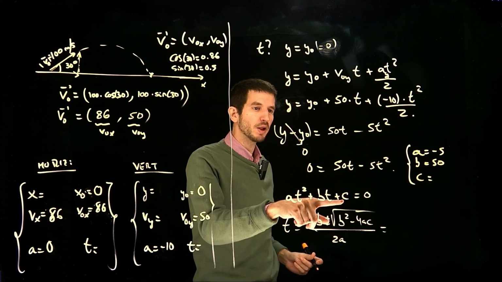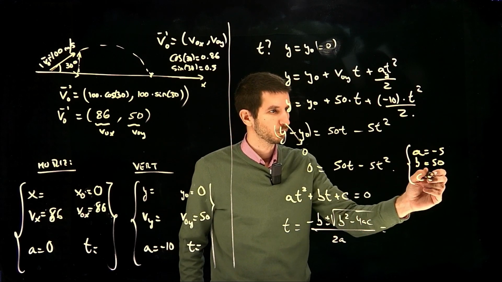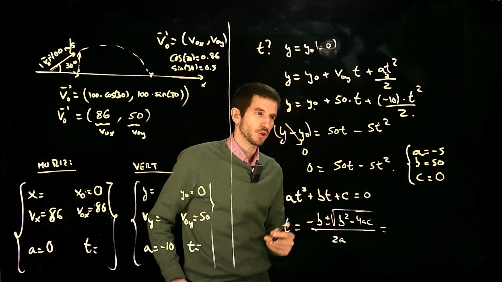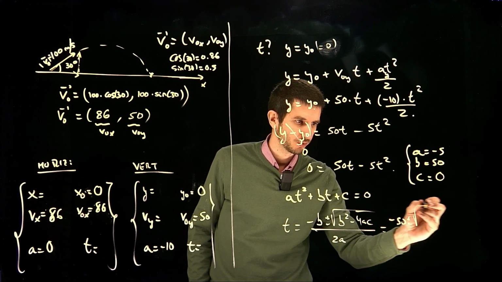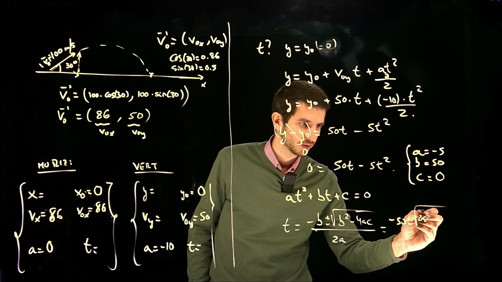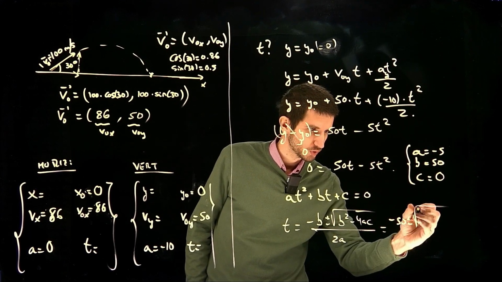Whatever is not multiplying the t? What's not multiplying the t? Nothing. And in math, we call that 0. So then we can just replace the numbers and write minus 50 plus minus 50 squared, which is 2500. Well, we can just keep the 50 squared for the time being. So 50 squared,